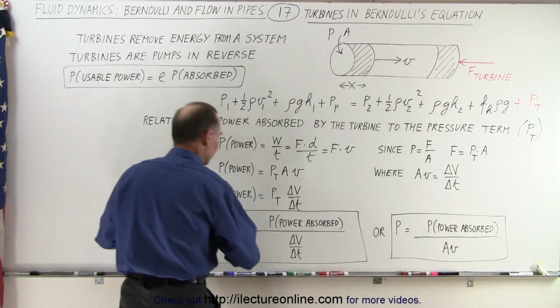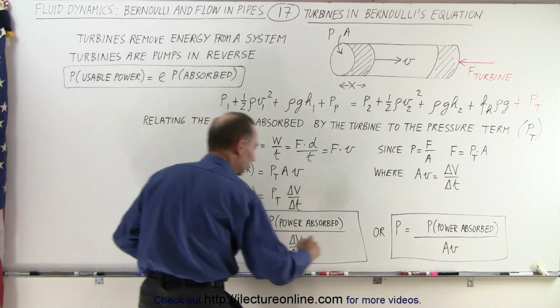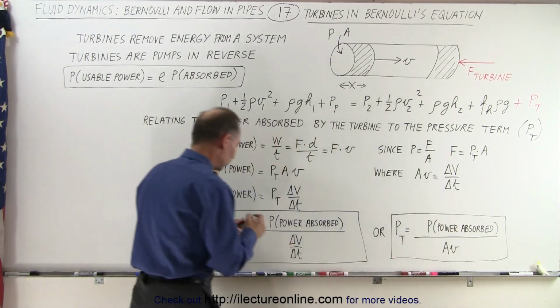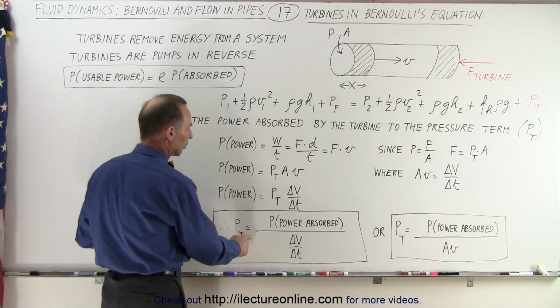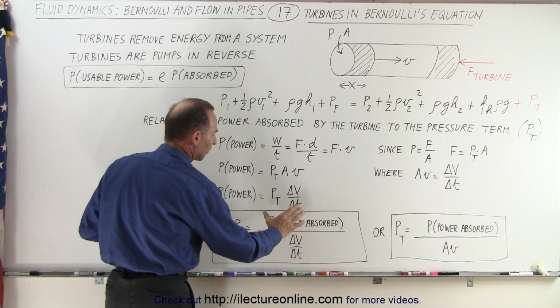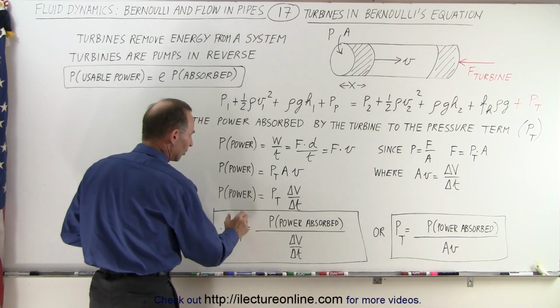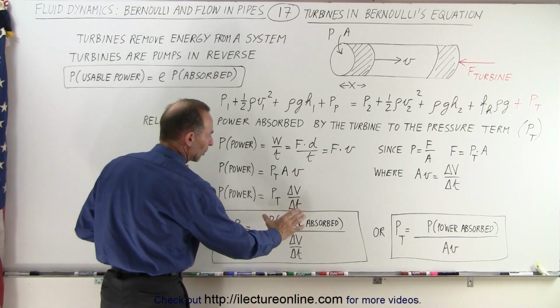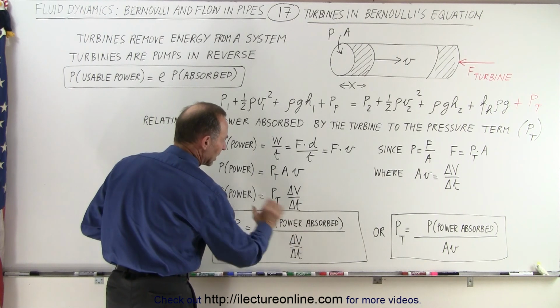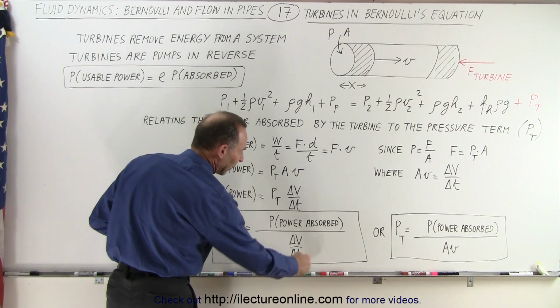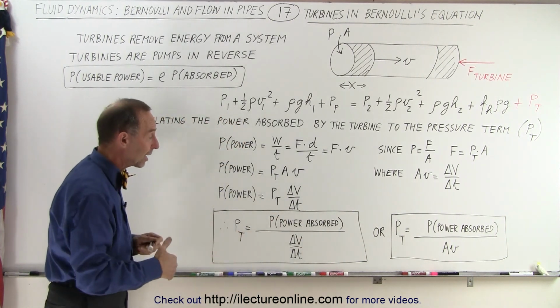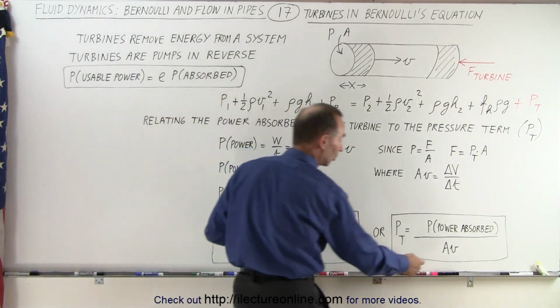It's no longer the pump, it's now the turbine that we're concerned about. So now the pressure of the turbine can be written as the power absorbed by the turbine divided by the amount of fluid flow per unit time,